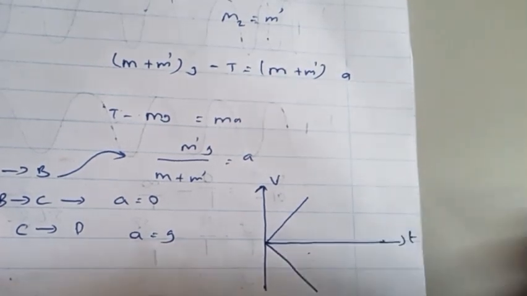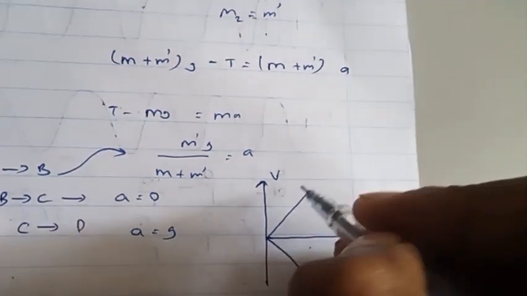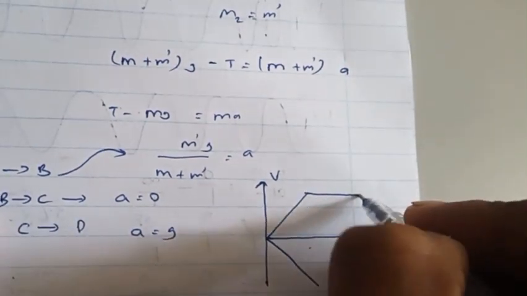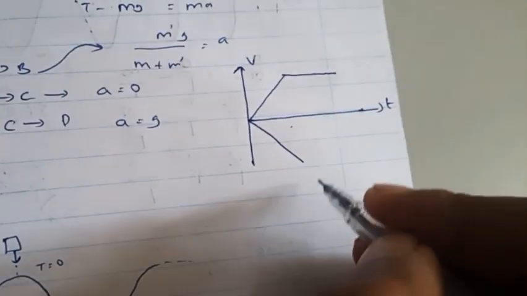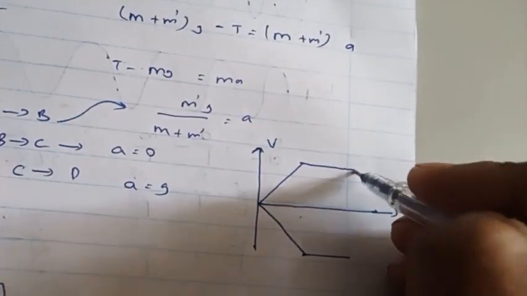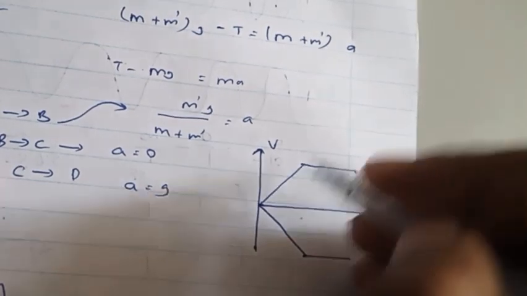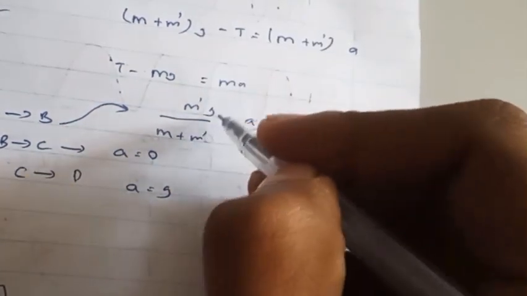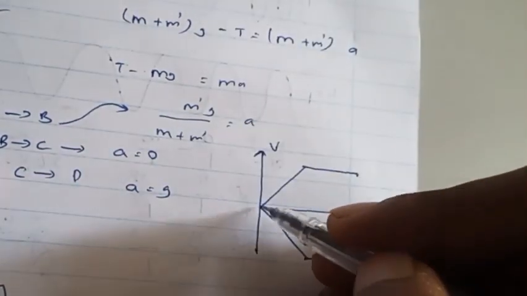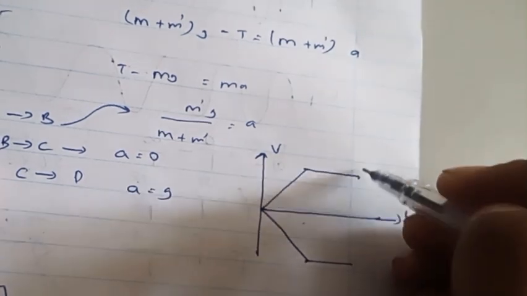Both used to have the same gradient, right? Then they are going to travel with constant velocities as acceleration is 0. Now, X used to accelerate under gravity. Now you can see this value is a value which is less than g. So compared to him, the gradient has to be large,